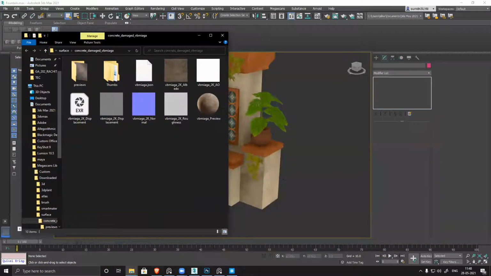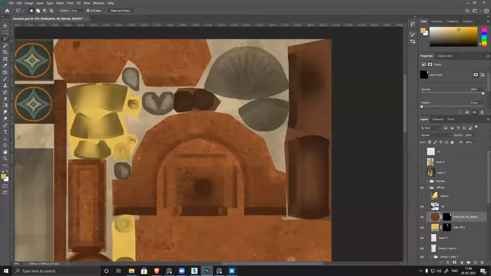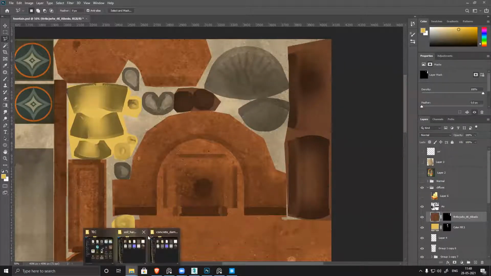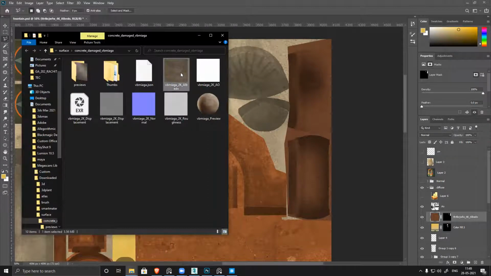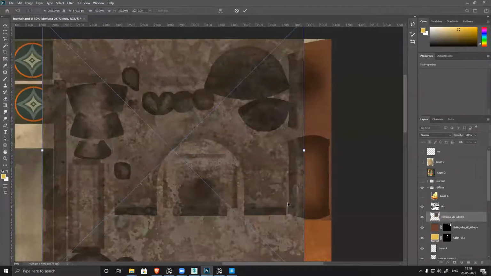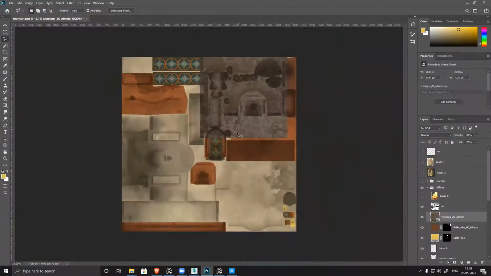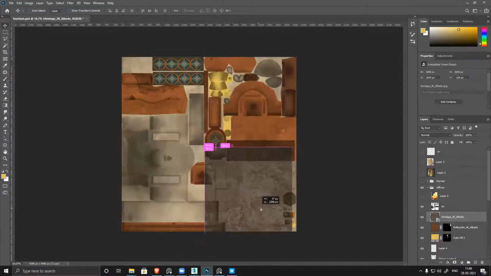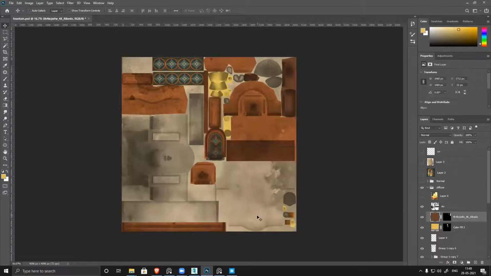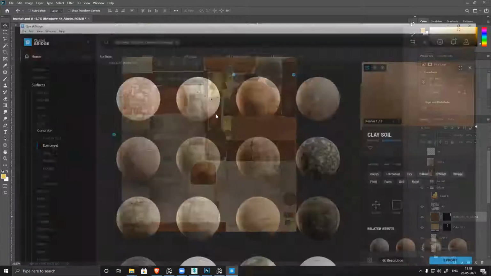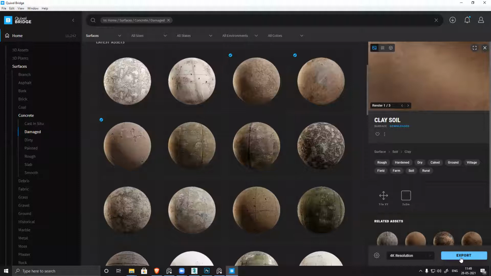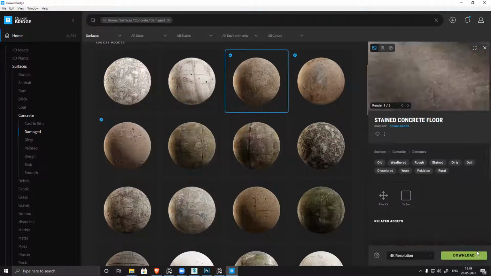So let's go to one tech part. Now we started actual texturing. Till now we were simply blocking. We are only blocking the colors and everything. Now we have to add details. So let's see. It's a small texture. Why is it a small texture? Okay, 4K is not there. Okay, so download it.